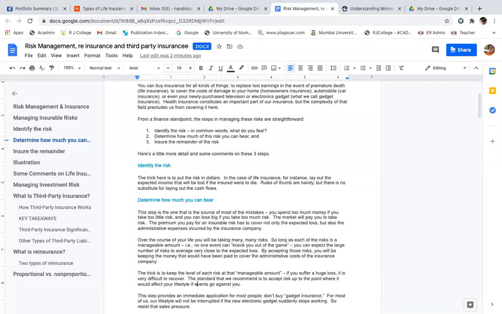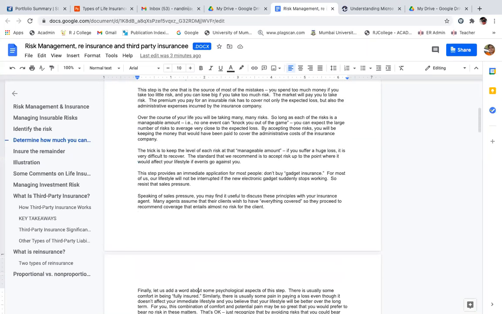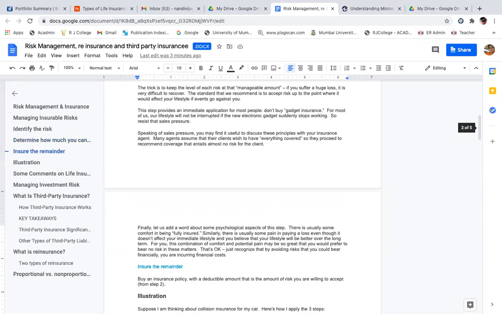And over the course, I'm going to take many risks. See, I may go in for trekking, or supposing I'm diabetic, I may eat sugar for 1 or 2 days, etc. Right? Though it is risky. So all these things are certain risks that I will be taking knowingly or unknowingly. So identify what is the risk, measure the bearable amount, and see how much can be insured, right? So this is what is called the first step of risk identification.